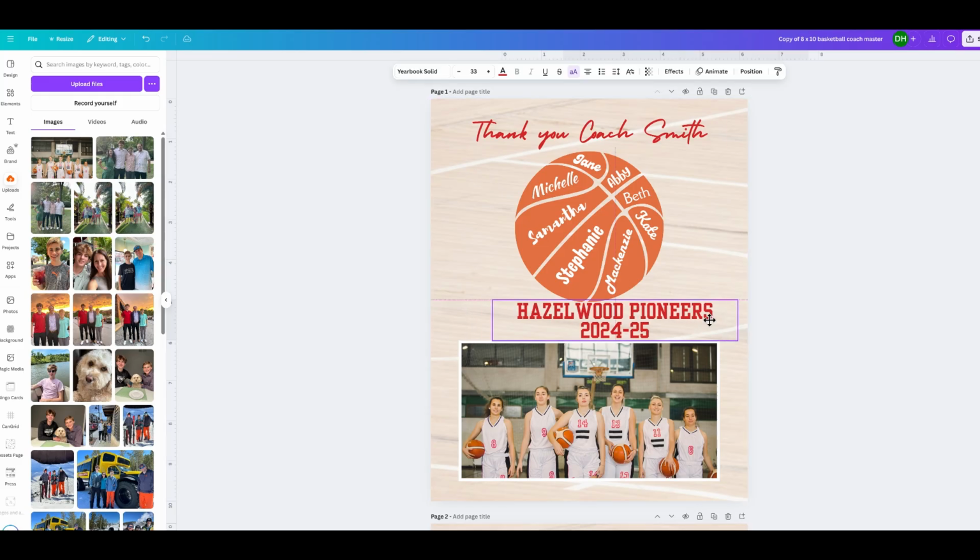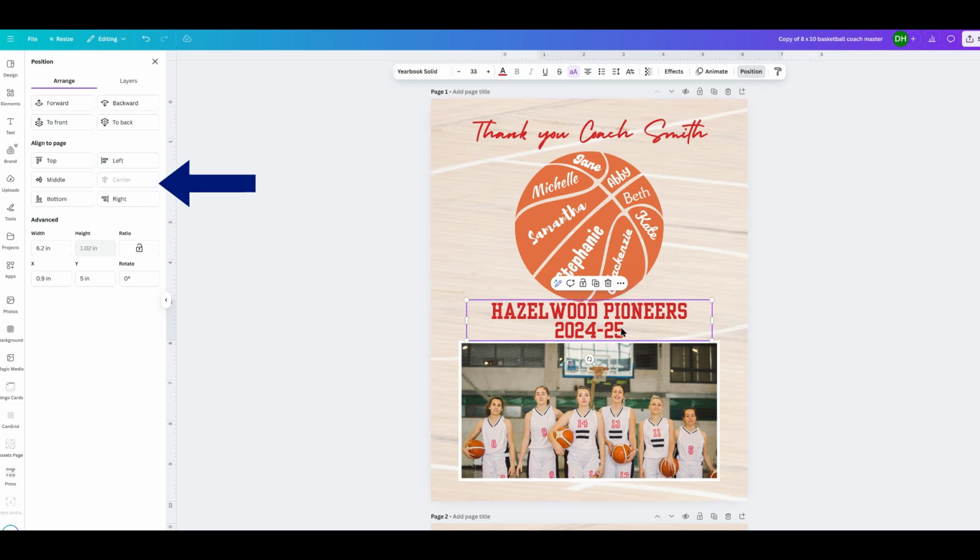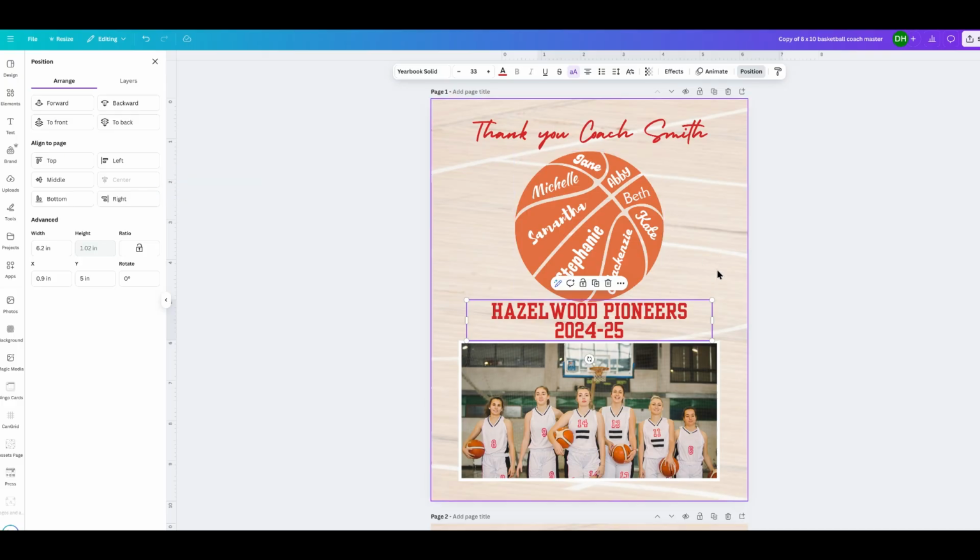So say when you dragged it over, it was over to the left or the right. While the box is still clicked and the purple is on it, you can come up here to the top right where it says position, click on that, come over to your left and click center. Now it's bringing that text box only into the center of the document. Okay, so what I also might want to do, if you wanted to with this, you could make it smaller again or make the ball smaller. But say I want to make my